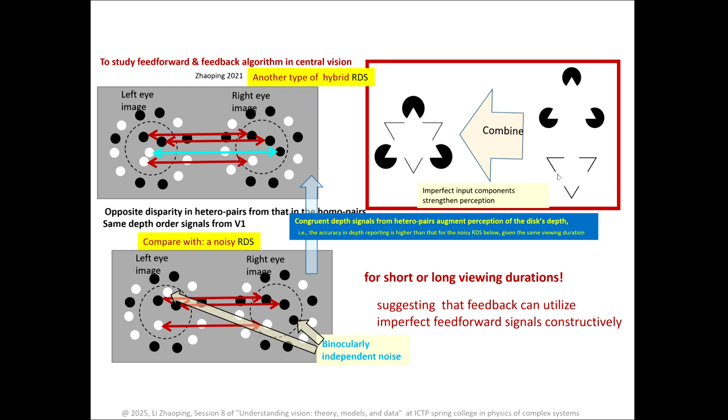Is it clear? So the idea is this is kind of fragment true news. This is kind of a fake news. There could be agreeing with true news. So this is a fake news, but actually agreeing with the true news. So fake news can be constructively used to make the true news even stronger. That makes sense? So do you see this white triangle more vividly than this? Slightly more, yeah?